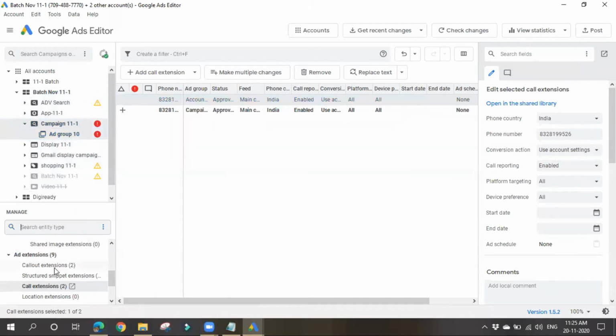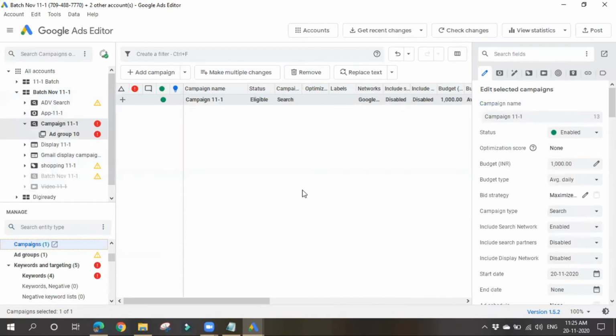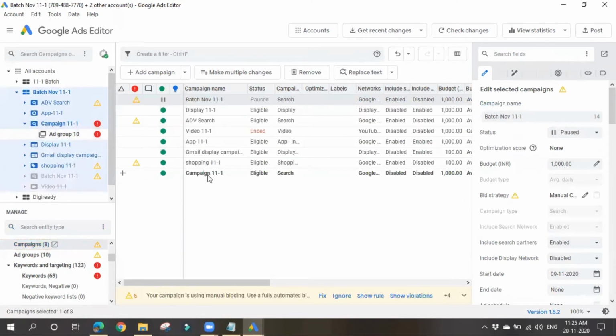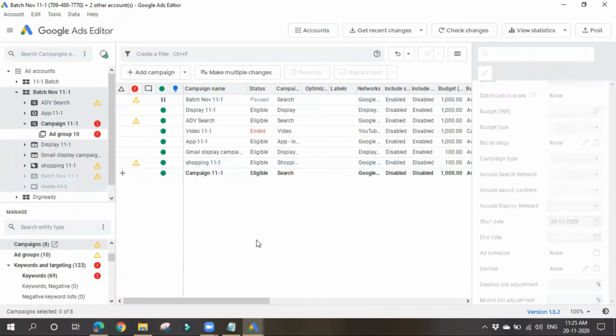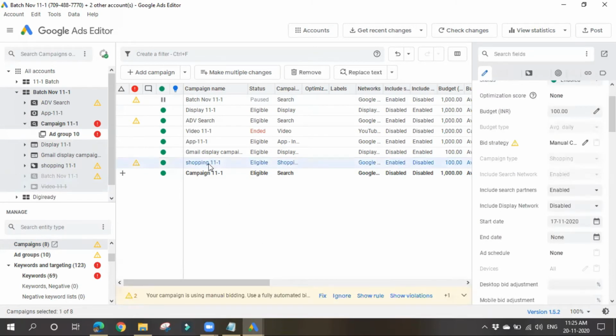Let me go to campaign level and show you. If there are multiple campaigns, or else I'll go to account level. See, there are multiple campaigns. We can edit their names, their budgets, everything. Like this, we can make changes to whatever we want.